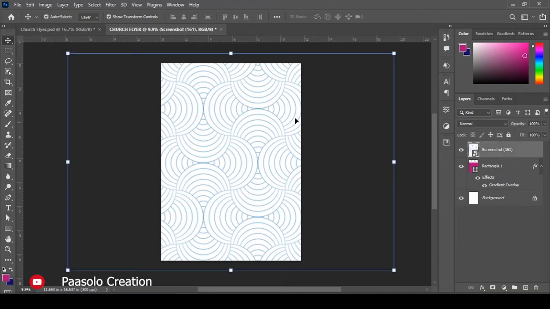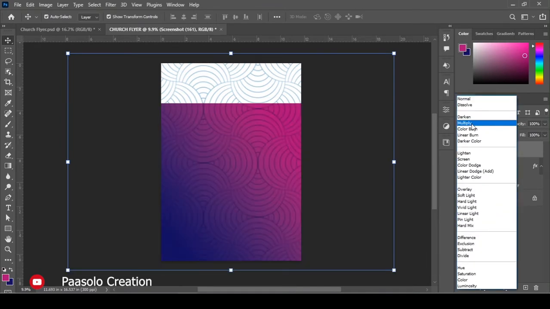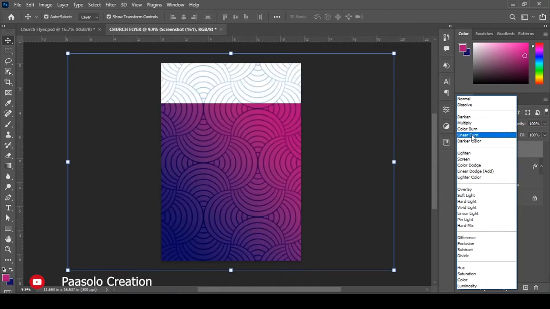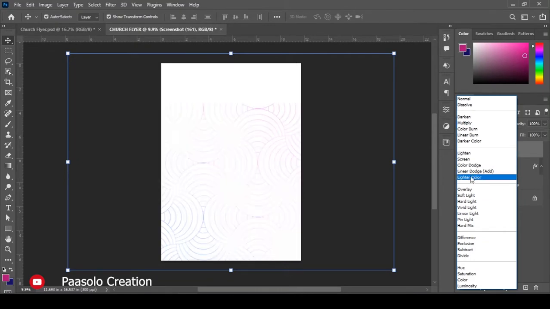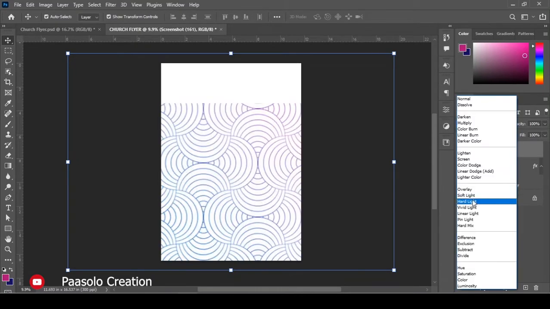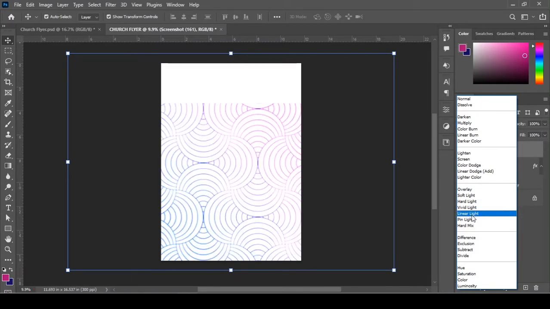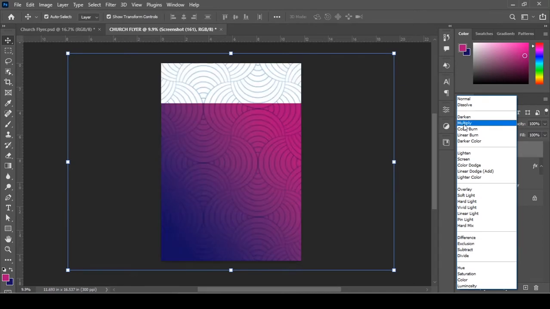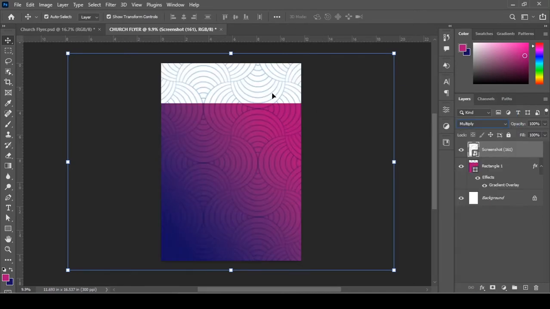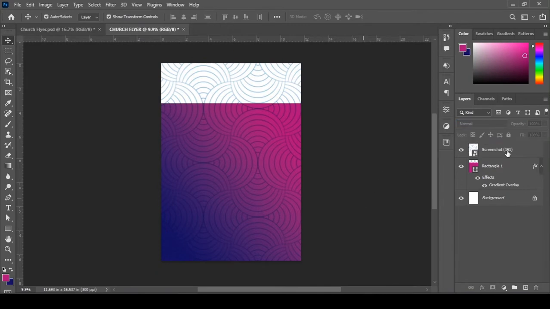So what I can do to mess with the color is to change the blending mode. So this is it, and then let's change the blending mode from normal to multiply. Let's go and see which one works best for us. Lighten, screen, color dodge. So I'm just going through the blending modes to see what suits this design. Okay, so I think I'll settle with multiply,